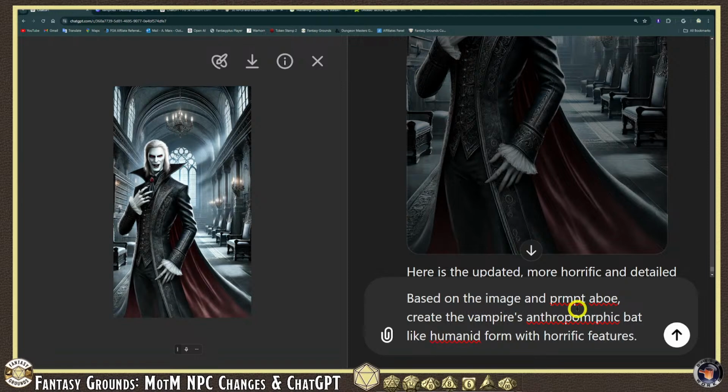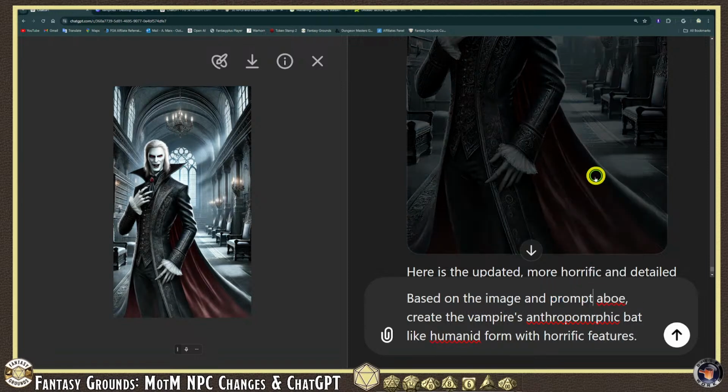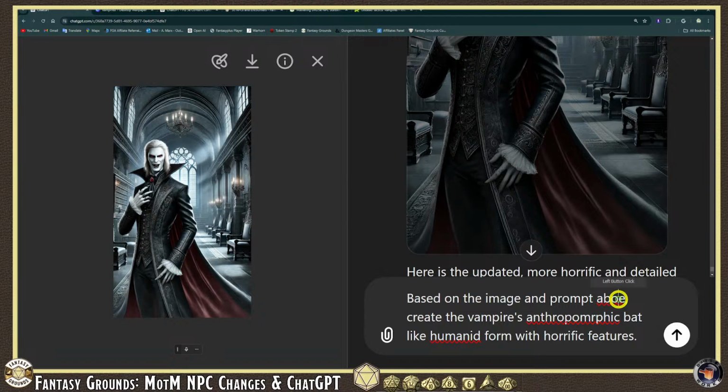So I wanted to create something kind of similar, but more bat-like and kind of freaky. Kind of like that half stage. I know you guys have seen movies where, in between transforming from a humanoid into a bat, they kind of have that gargoyle kind of look. So we'll see if it can